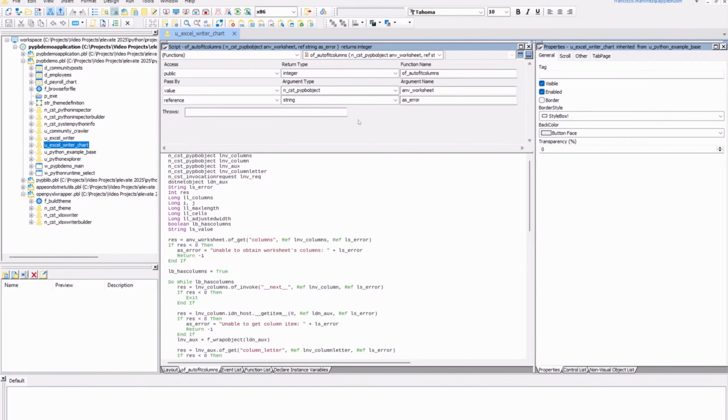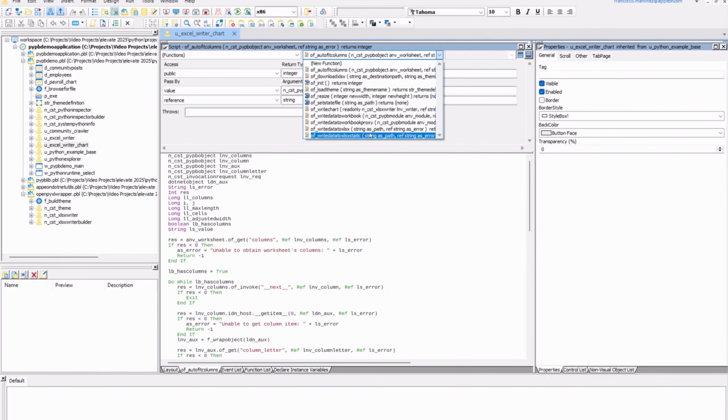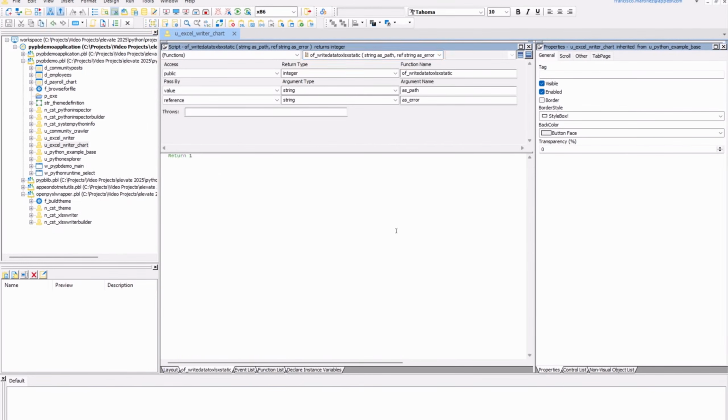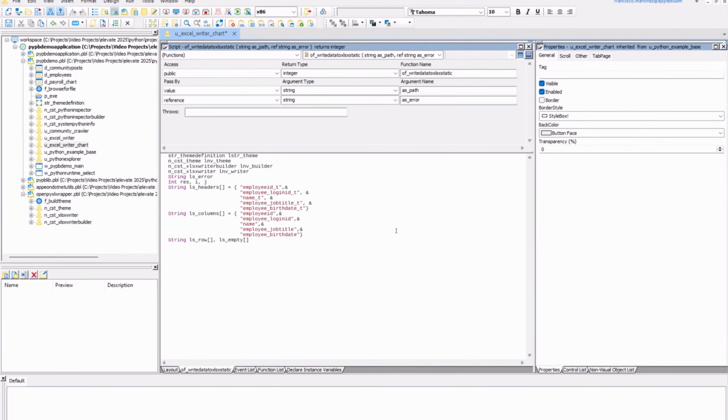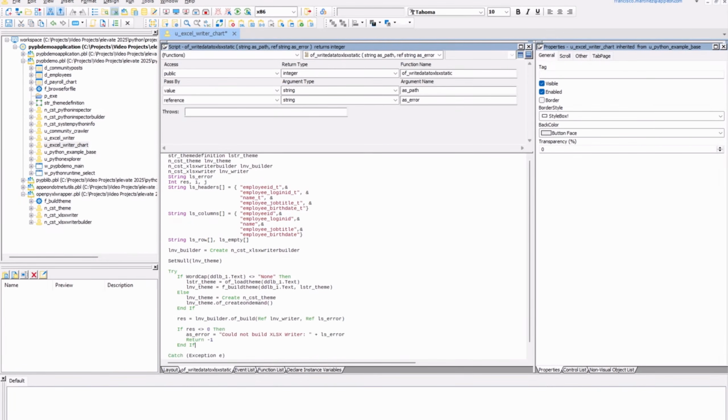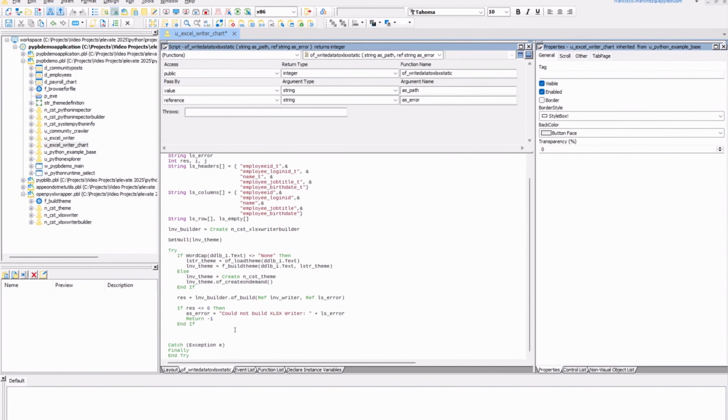In the writeData2XLSX static function, I will first declare our local variables, including the names of the data window objects from which I'll be obtaining the text values. Then create an instance of the XLSX writer builder, read the selected theme, load the theme configuration from our INI file where they're defined. I'll build the writer, set the theme,